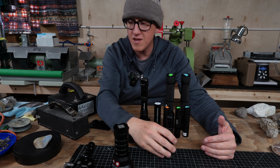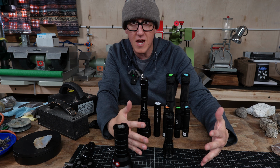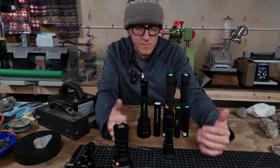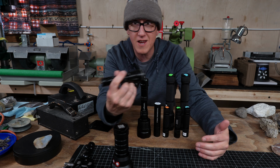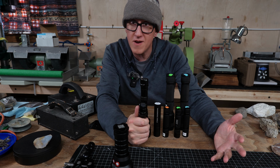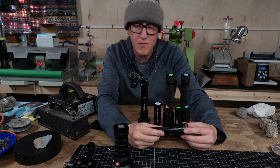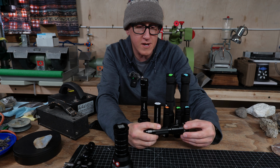Very cool to see that in the past 5 years or so, these have really come into their own. Especially in the world of shortwave and midwave, if you go back 5 years, a lot of these little handheld LED lights were overheating and stuff. But for the most part now, everybody can play along, and you can get some cool, quality, affordable lights, and you just